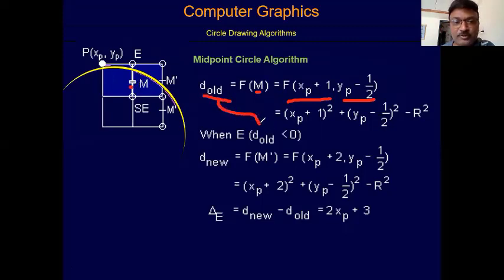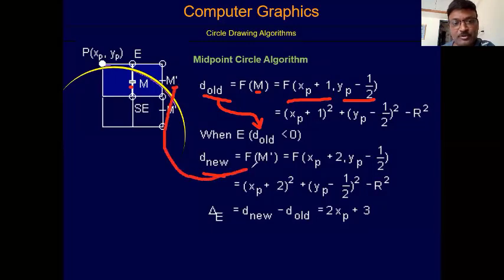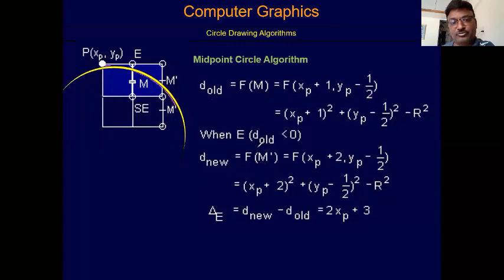So this d old for ym is suppose less than 0, you may say less than or equal to 0. Then you have to calculate d new. So what is d new? ym dash. See, this is my ym dash, which I have put over here. Understood? Up to this is the d old, meaning my previous value 1.25 minus r. Suppose the value 1.25 minus r is less than 0, then you have to select ym dash. If it is greater than 0, then you have to select ym2 dash. Now in this case, suppose it is less than 0 and I am going to select ym dash.